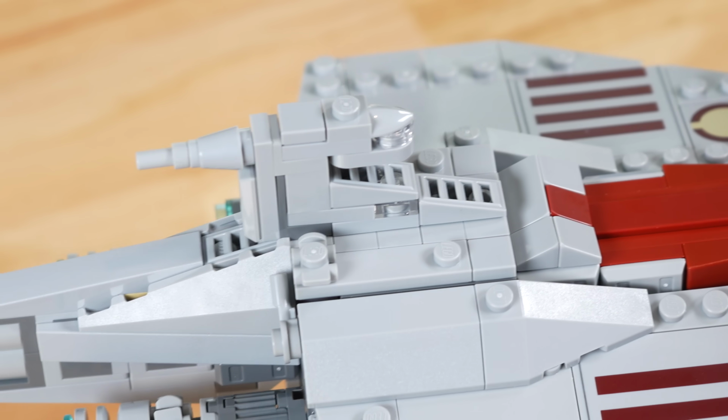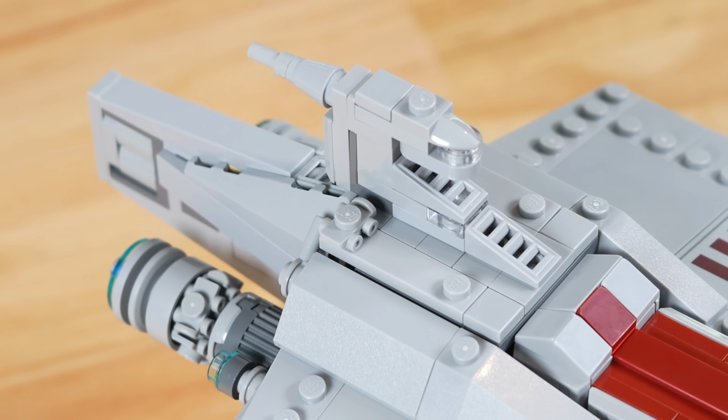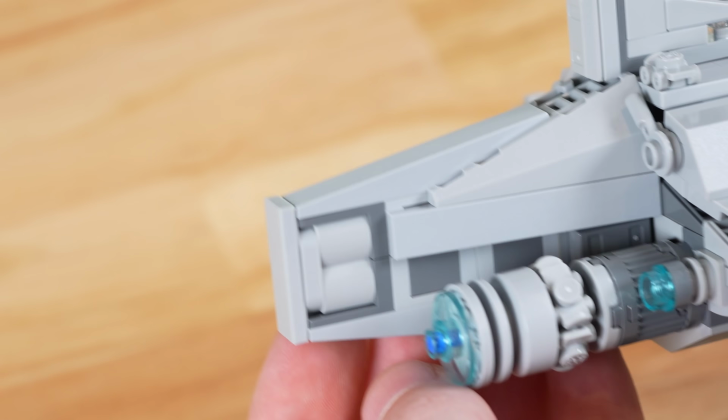The bridge is very accurate, especially for the scale. You've even got the little tail at the back, even though maybe it's a little bit too long, but yeah, I still think the whole thing there looks great. And then you've got the large tail at the back of the Acclamator, which also looks very good, very detailed,